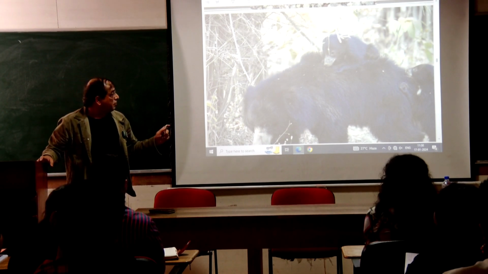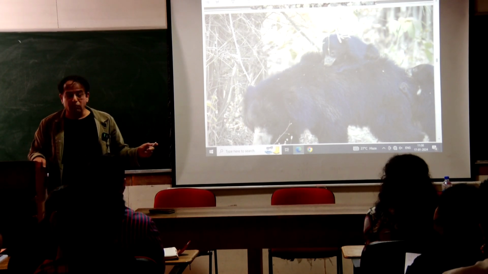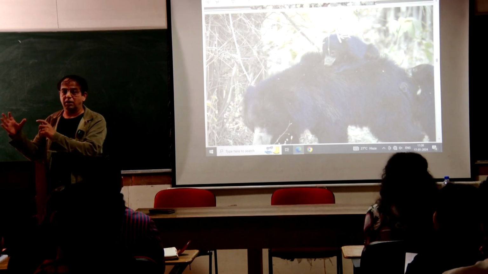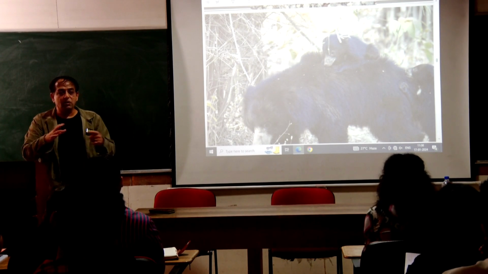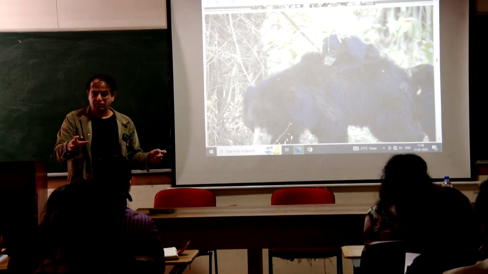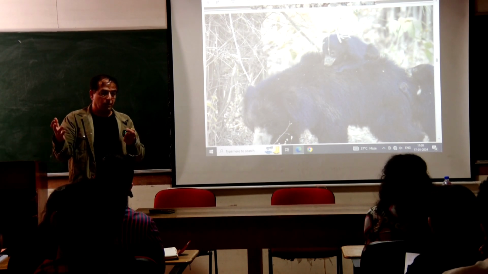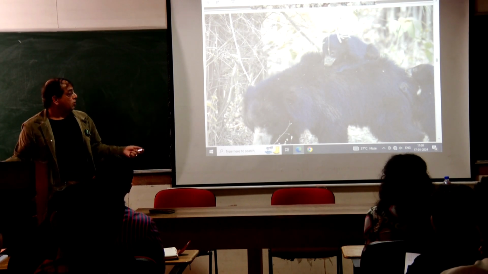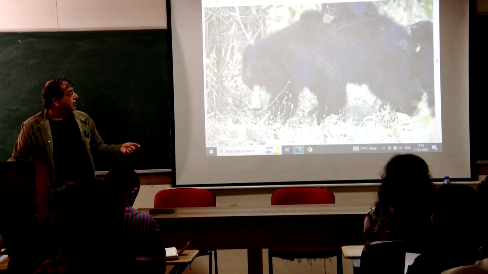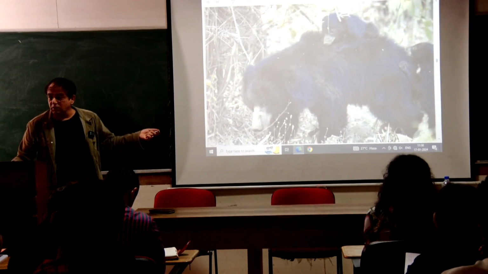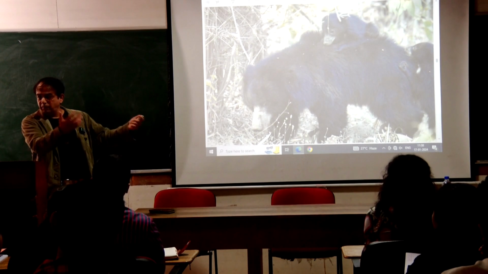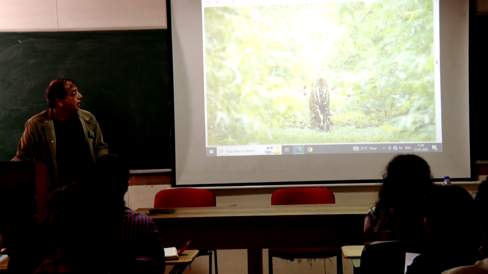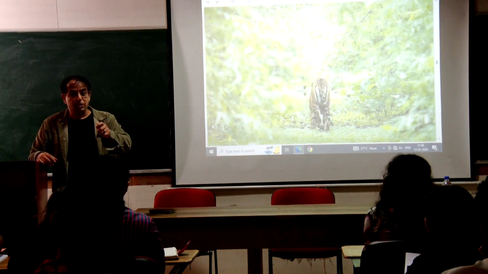For 25 years I have been wandering in the forest, and I knew that a sloth bear carries its cubs on its back. I have never witnessed it because the sloth bear is an extremely shy animal, and it won't show itself directly, and with cubs it is 10 times shy. So getting a sloth bear in the open and then getting a photograph of it carrying that cub like a kangaroo, it just carries it on its back. All these things make you understand another aspect of the tiger,